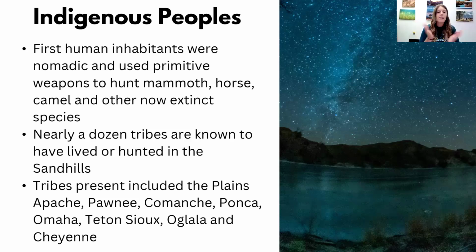So we had a dozen tribes-ish that lived in this area and that used this area. And then the first year-round settlements, where they actually stayed year-round in the Sandhills, likely occurred about 1,000 to 2,000 years ago. So they were using this area, but it maybe wasn't somewhere where they thought that they could spend the year. And if you've ever been to Nebraska in the winter, it gets pretty harsh.